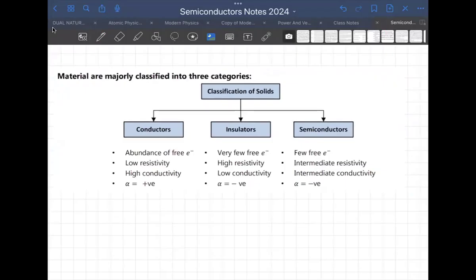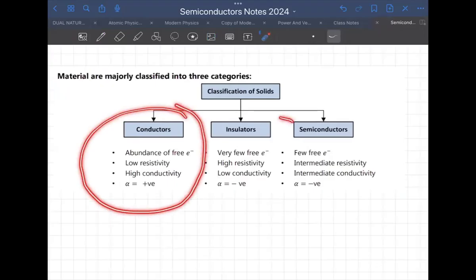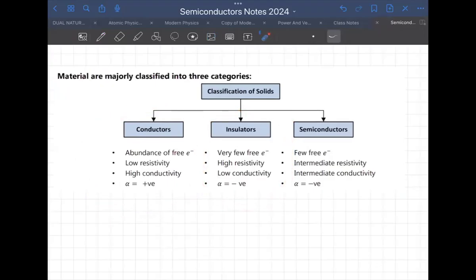I have classified the materials into 3 categories. I am speaking about a solid here. The materials which we know in the form of solid are classified as conductors, insulators, and semiconductors. We have a clear idea about the first two till now because the majority of our electrodynamics is related to those areas. In conductors, majorly we observed the number of free electrons per unit volume is high, low resistance, high conductivity,